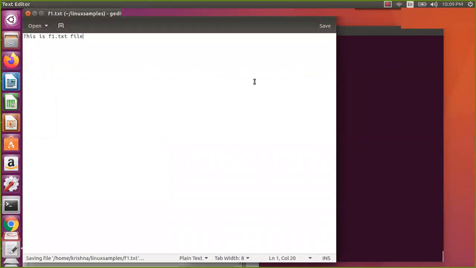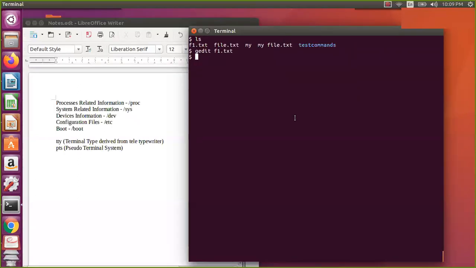If I write something like this and then say file f1.txt, it will give me ASCII text. ASCII is the characters which you can see. There are two types of characters. One is binary, which you cannot see. Whatever you can see is ASCII, what you cannot see is binary. There are many binaries: an image file is a binary, an audio file is a binary, a video file is a binary, and an executable file is a binary. So there are multiple things which can be binaries.